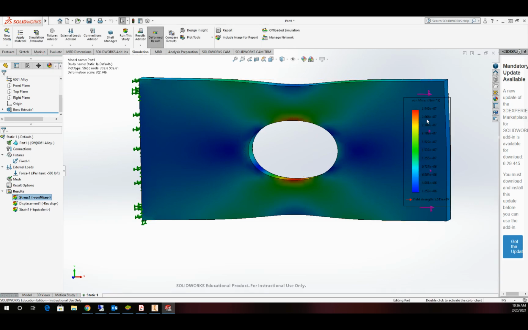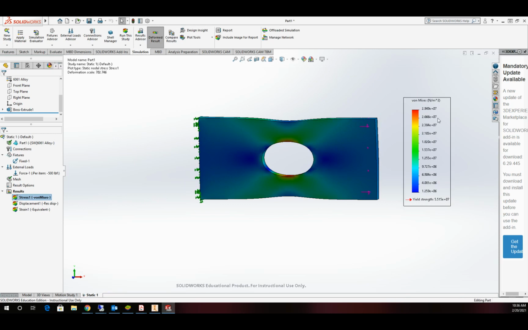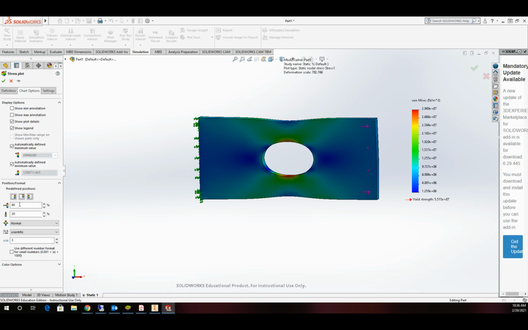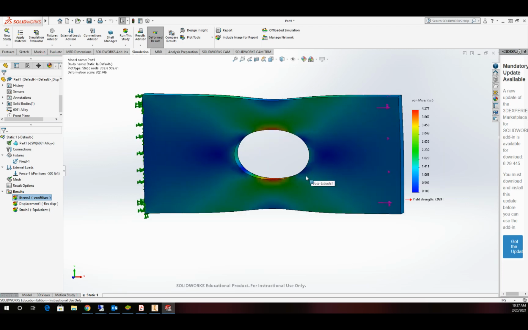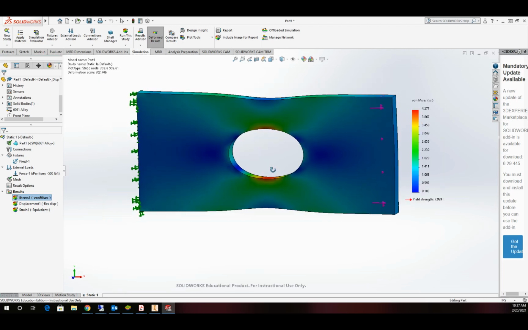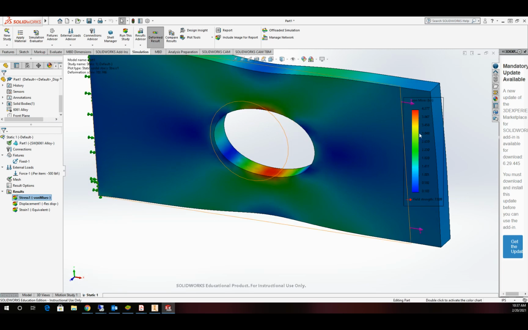So I'm going to change my value here to inches. I do that by right-clicking on the chart and going to chart options. And in my chart options, I'm going to go ahead and change my value to floating. And then for definition, I'm going to change that to, let's go ahead and do KSI. All right. So it's showing that I have a maximum stress occurring right where we were anticipating it to, at about